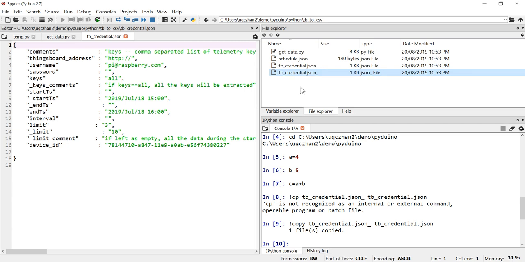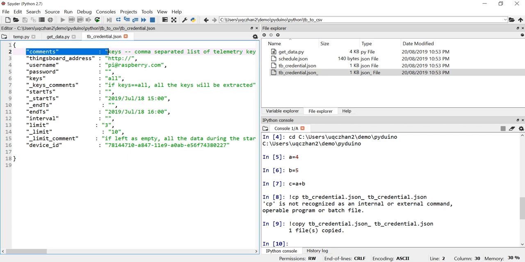So in this example here, what we need to put in is all the credentials. What is the area that you are going to look into? So basically, to look at the specific time where the experiment takes place, and how many data you want to get from there. So those kind of key information. So the thing we need to change, comments here does not have, it's basically an explanation of all the details